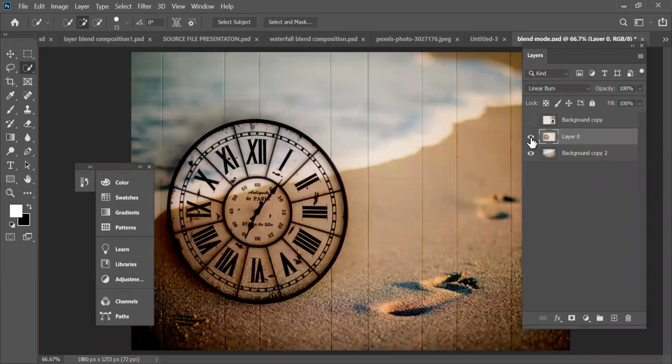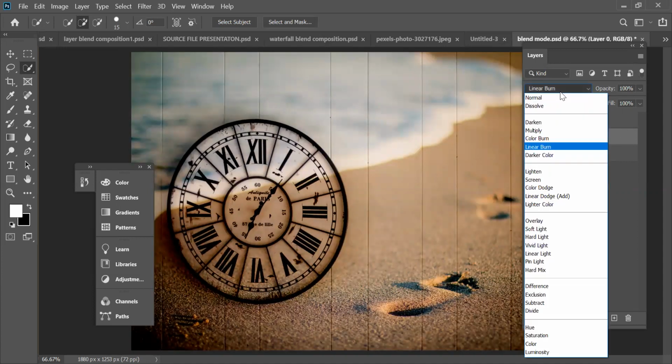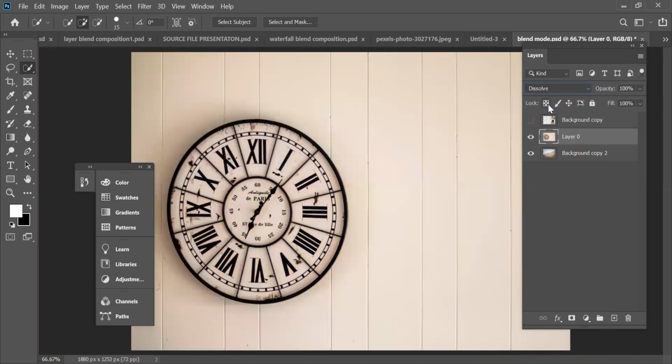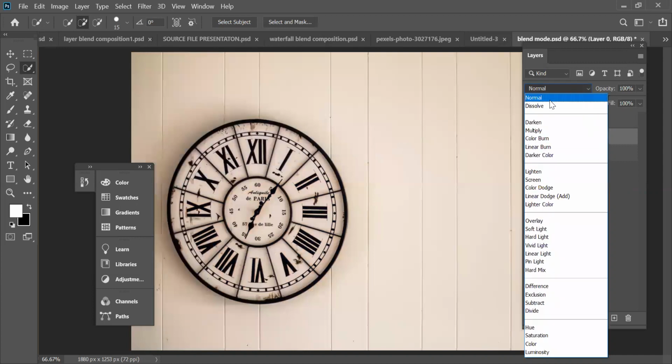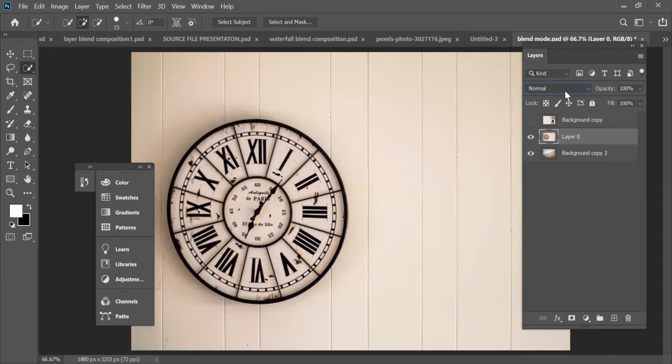This is another composition where I have placed a watch. This is the blend that I have used on top of this background copy layer. The background layer is a linear burn. So you click on the layer and there are certain blends which you can use. This was actually the original photograph.